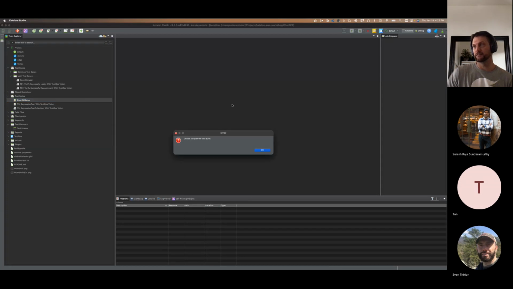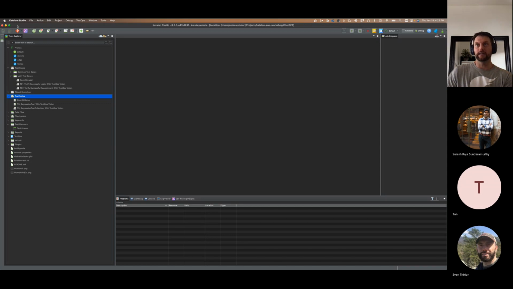Let's see if it opens, right? Because it was saying it can't even open it. I don't know what's going on here. And like I said, I think that there's some buggy stuff that happened with this latest update to Katalon Studio. But basically, if you have a test suite collection,